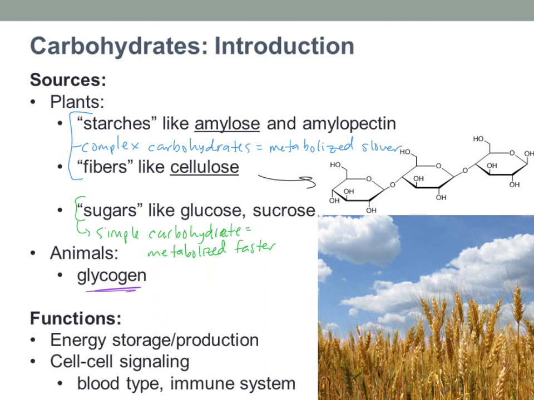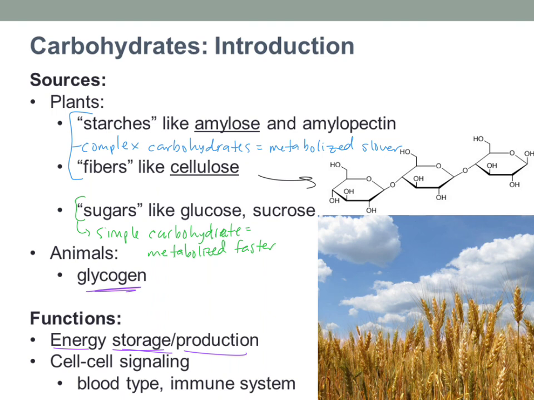Some of the functions, again, when people think carbohydrates, they think of eating it to give us energy, which is absolutely true. You eat a potato, it's going to give you energy because you're going to metabolize that starch into glucose, and that glucose gets transported around and put into a cell. You'll undergo cellular respiration, glycolysis, citric acid cycle, the whole shebang. So that's absolutely true. There's definitely a lot of energy production. For plants, though, there's also a lot of energy storage, which is why there are starches there in the first place, and in us, in our glycogen. Again, we'll talk more about how we store a little bit of carbohydrates in our liver and muscles.